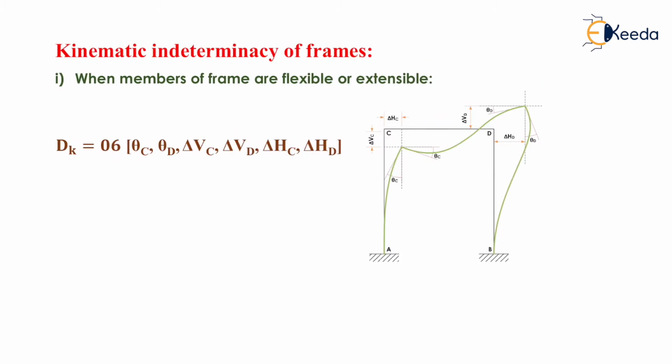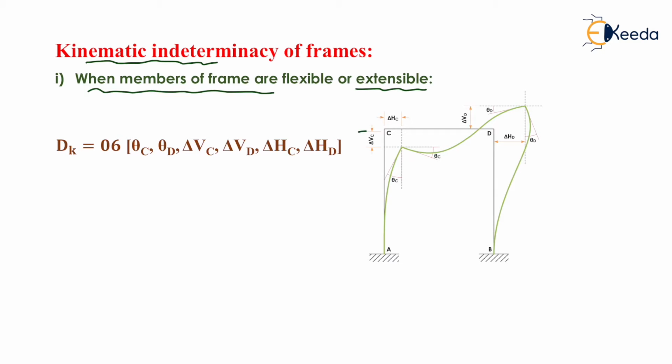Okay, now the next parameter is the kinematic indeterminacy of the frame. Now we need to compute the kinematic indeterminacy of the frame. We had bifurcated this kinematic indeterminacy into two types. First one is when members of frames are flexible or extensible. Since the members of the frames are flexible or extensible, then